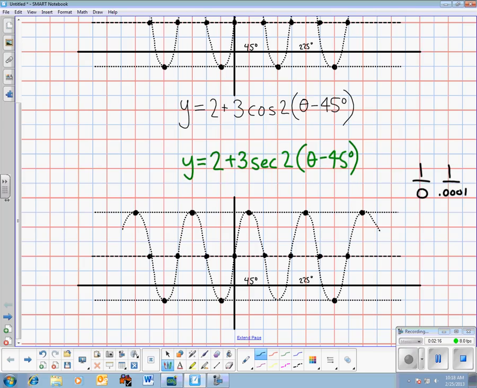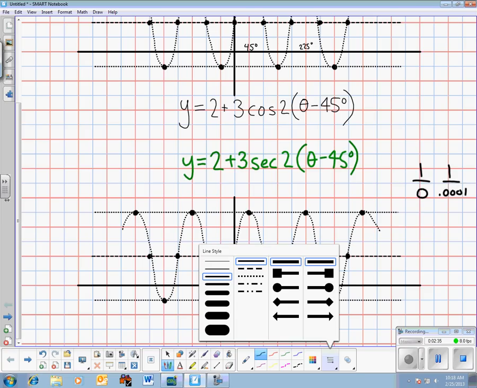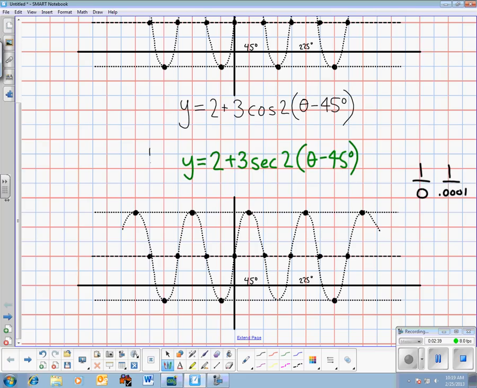But when you do 1 over a very, very small number that's getting closer and closer to 0, your overall value is getting closer and closer to infinity. Basically, a whole number over a tiny, tiny fraction approaches infinity. So what that translates into for this graph, whenever your cosine graph is at ground level, that's going to produce an asymptote